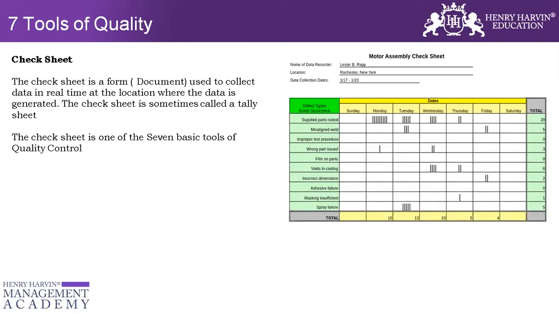So in this example, you see there is a failure, supply part rusted, which is happening on mostly all the days. And it is very, very easy for you to do the analysis. If tomorrow you face a problem on the defect type masking insufficient, you would see it has come only on Thursday. So you would probably be more careful on or before Thursday and see why it came on Thursday. So in a nutshell, the check sheet is a powerful tool for data capturing,